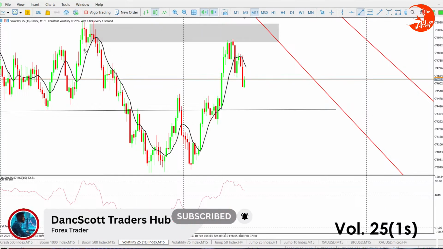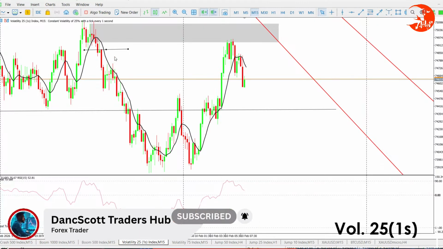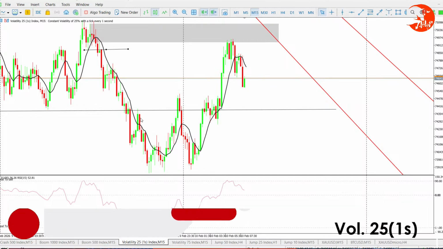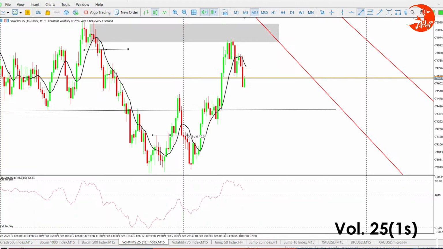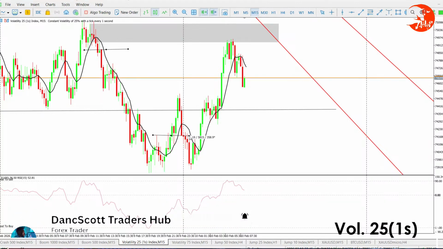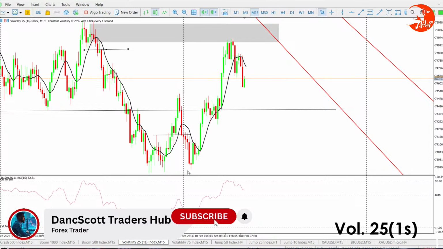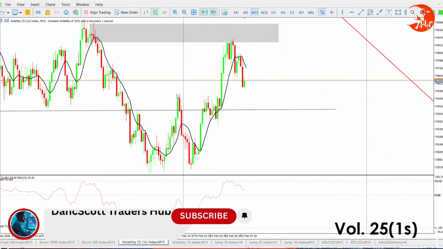If you're looking to the left, this is where we saw the change of character on M15. We dropped for a lower low, lower high, lower low, lower high, lower low, lower high, lower low, and then failed. We got another change of character here, and we started the buys and mitigated this order block here for the early buyers, and then boom, we were back into the buys until we mitigated that order block. So the next moves that we should be anticipating here are strong sells to take us all the way down below. So what are we going to do here?